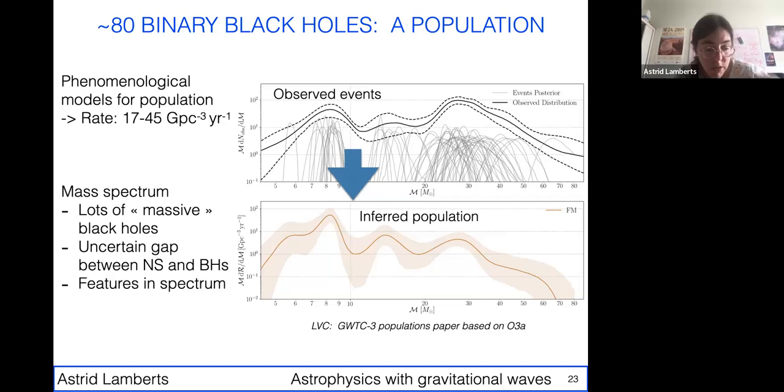For the neutron star black hole binary detection, we ended up concluding that it was a neutron star based on the statistical models we have, based on observations of neutron stars in the Milky Way, but also people who do studies of equations of state and who can predict a maximal neutron star mass. Otherwise, it would become unstable and collapse into a black hole. We were really confident that the object was lower mass than that.